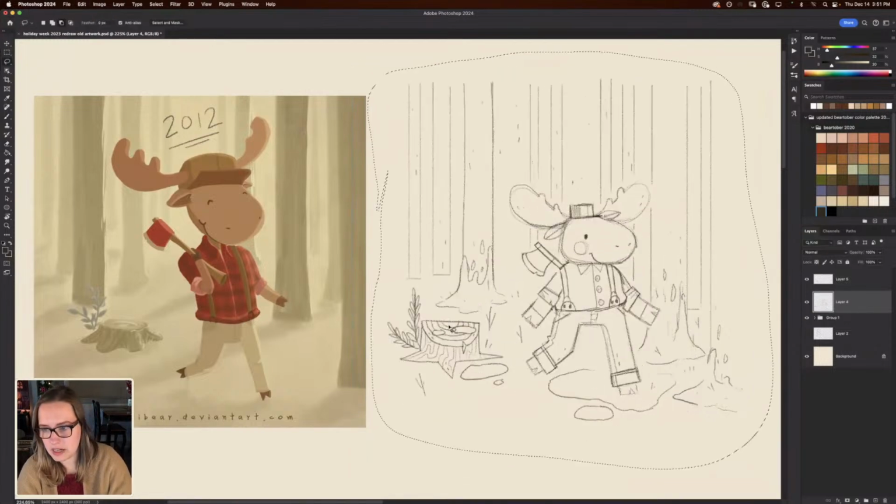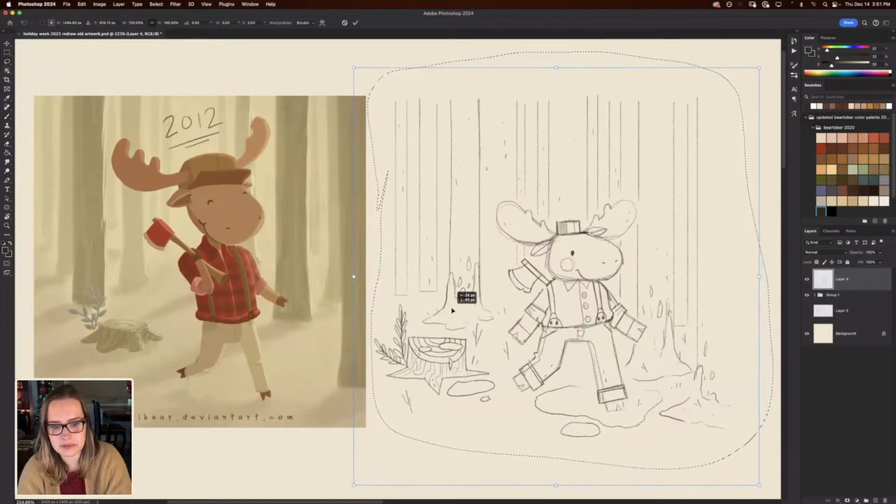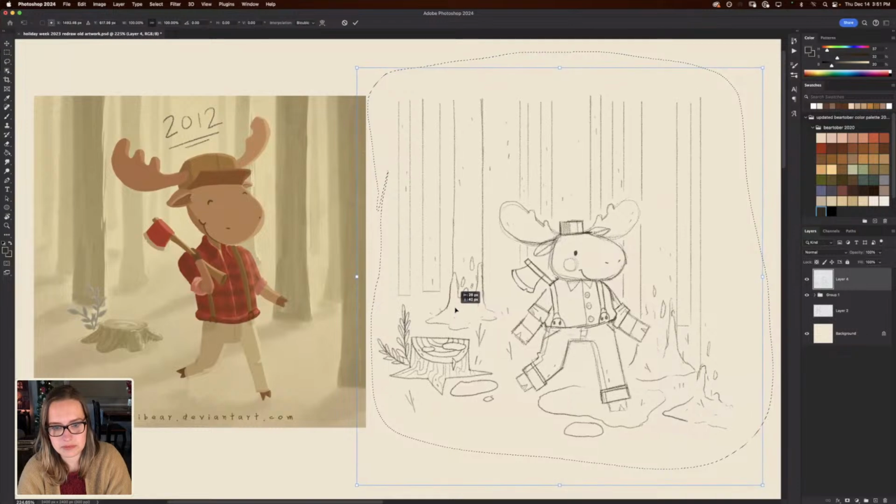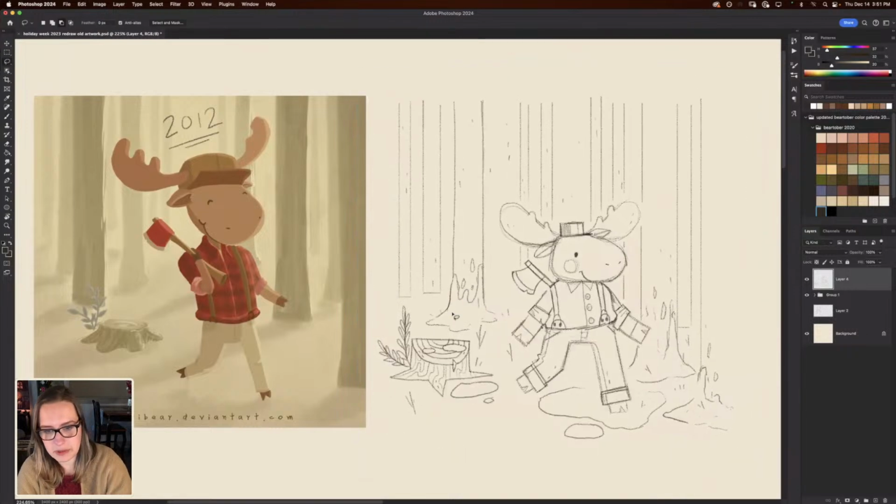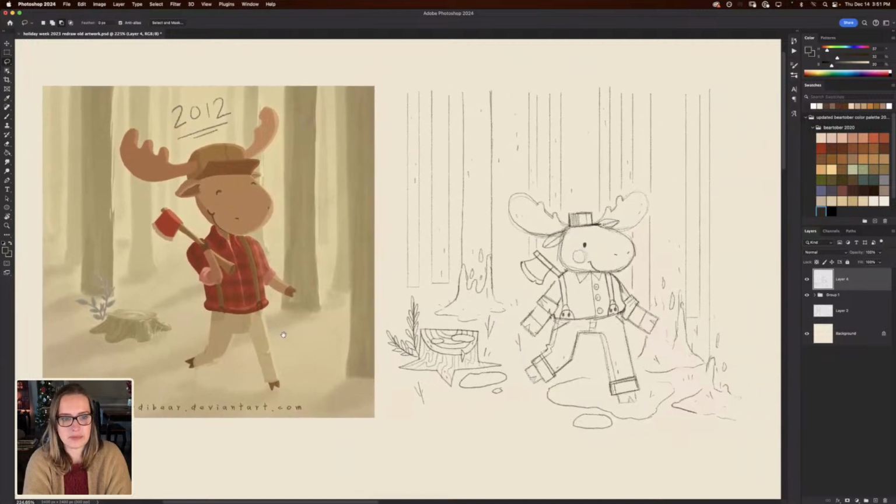Oh no. Ah, let's condense these layers down here. There we go. Kind of makes me want to finish this piece now, and maybe even do a full environment to see how different it would be. Although I do kind of want to turn it into a snow scene just because it's winter. But yeah, it's super cool.